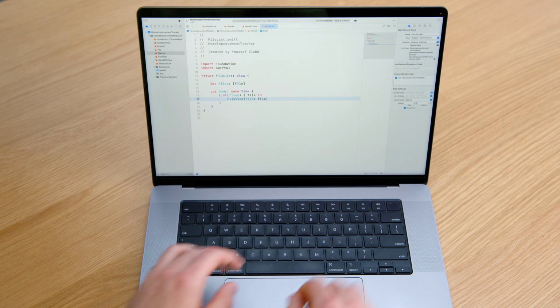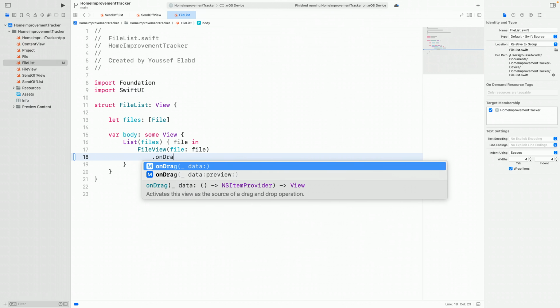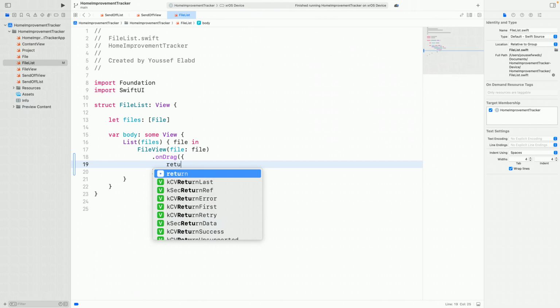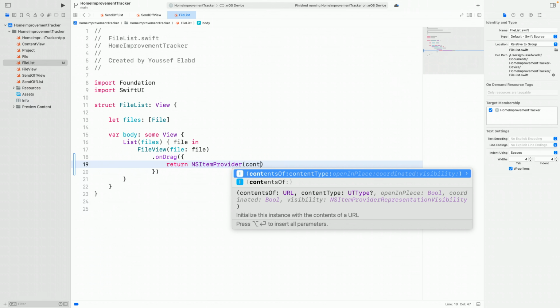To see this in action, let's go to Xcode. Before we add drag support to our app, let me quickly give you an overview of the app. The app lets you see the progress of the project and view a list of files shared by the other team members. Here we have a list view, which displays file views. Since we want to be able to drag out each file, we'll need to turn each file view into a drag source. To do this, I'll add the onDrag modifier onto the file view. The onDrag modifier expects an NSItemProvider. So I'll return an item provider containing the URL for the file being displayed in that file view.